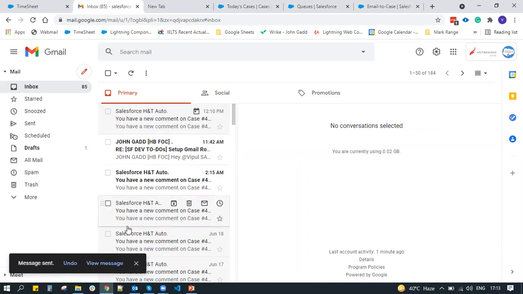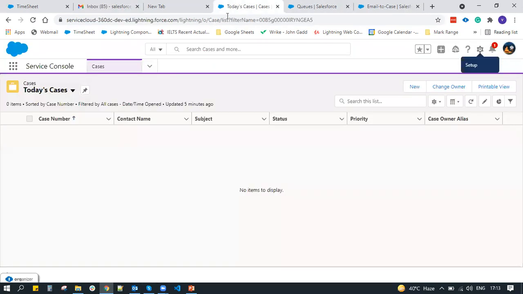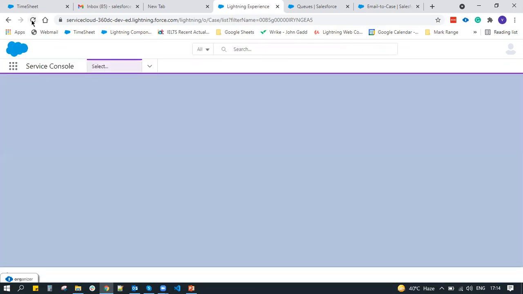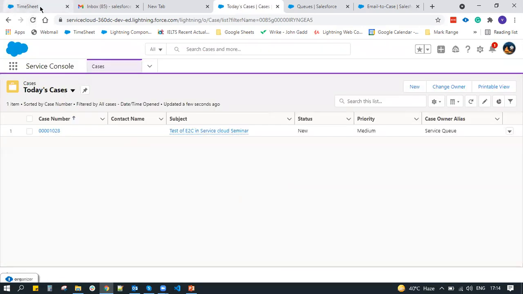It is going to create a case in my system. Now you can go back to today's cases. You can just refresh it. And the case has been created here.